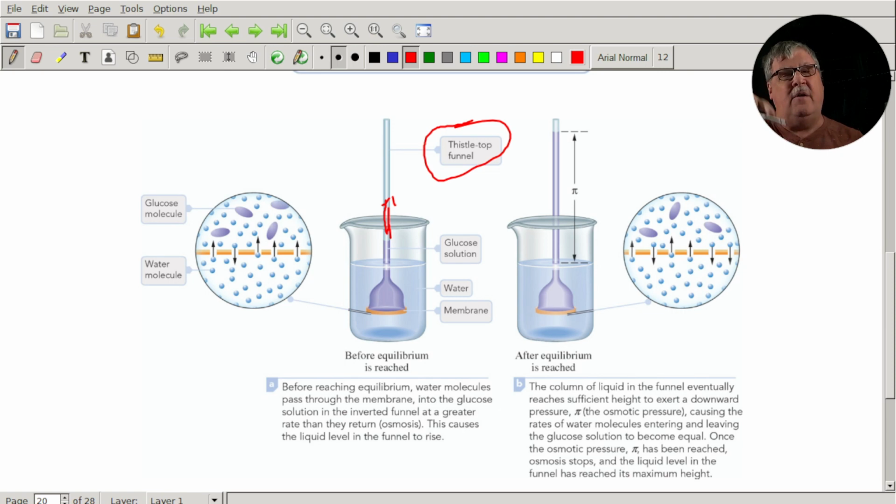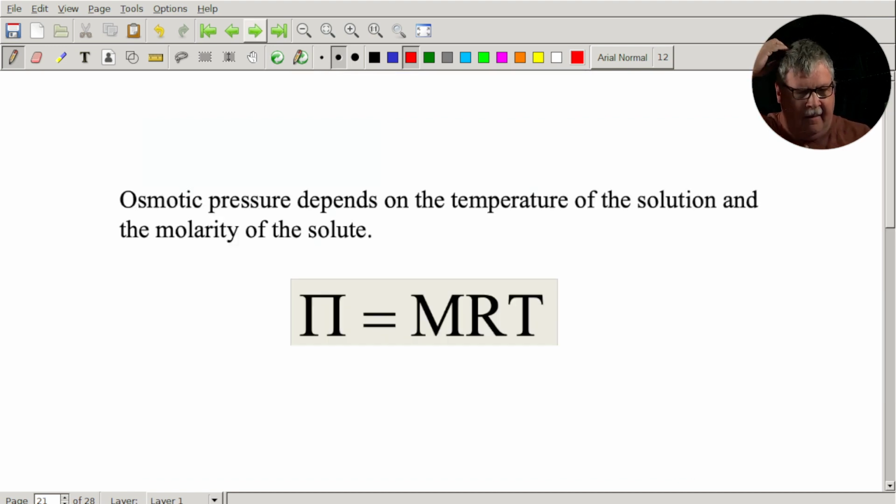And he said, well, I can keep adding tubing to this, and it would run up to the ceiling because the osmotic pressure is so high. But again, the phenomenon is that the water molecules are going to diffuse into the solution and dilute the solution. And the objective is to equalize the concentrations of the two solutions. So by diluting the solution of glucose, you do this. And there's pressure for molecules to diffuse through like that.